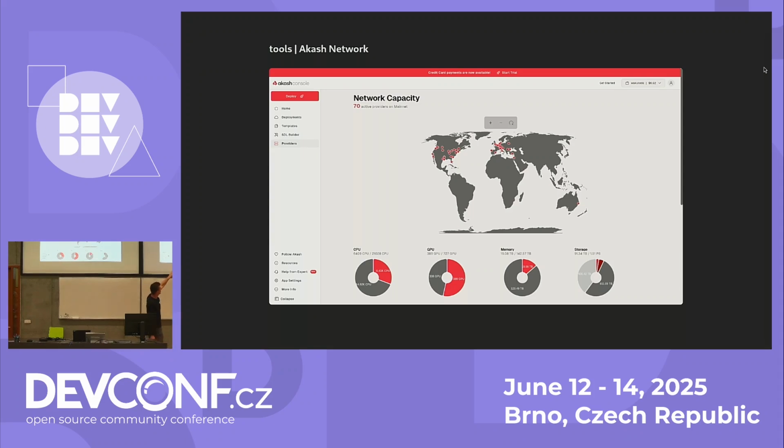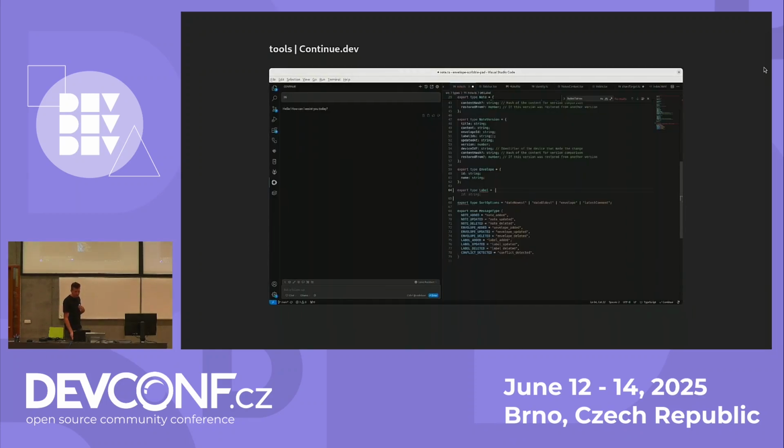So if you have friends with compute in those places, maybe they can plug it in. But there is some serious compute: 21,000 cores, 700 GPUs, 150 terabytes of RAM, and 1.5 petabytes of available storage in the decentralized cloud. And I'll try to deploy something and show you, and you should be able to access it, hopefully, if everything works and if the internet works.